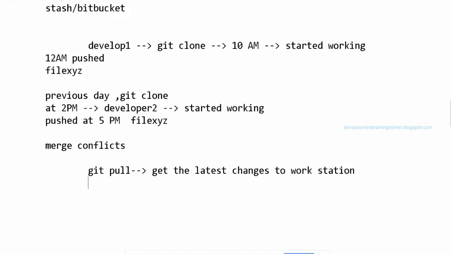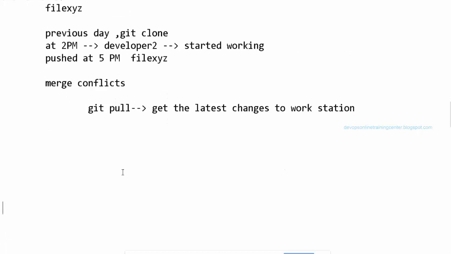Otherwise we need to handle the merge conflicts: open the file and decide which is correct, his change or my change, and if, let us say, his change is correct, then delete my change and do a commit. That way. Okay. But Santosh, it is also possible that he did a git pull and after 2 hours the file has been modified by someone else. So it's going to be merge conflicts again, right?